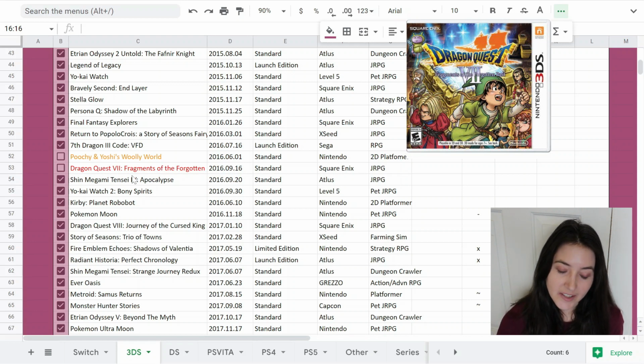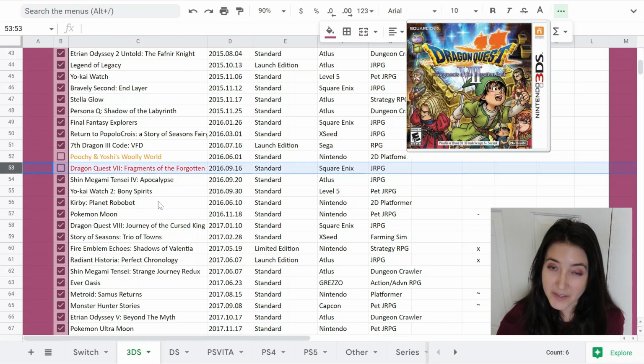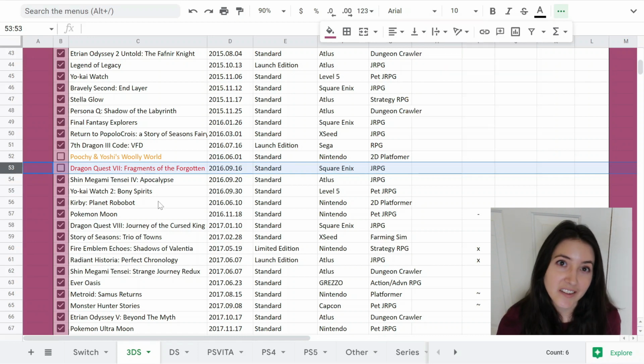And this is one of the top games I really want to have in my collection before I label it as complete. Because this is slightly out of my price range at the moment, I do still have it on my missing list here. I think I could get it on Amazon and attack it with gift cards that I get, and whittle down the price to something I'm a bit more comfortable paying. So that is my current strategy for some of the really expensive ones that you can still buy new